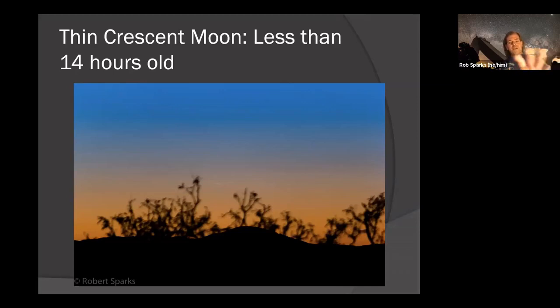There are a couple people who have done telescope and binoculars newer than this, around 11 hours, but still, I'll take this. This is definitely a challenging observation, which I was very happy to get, and quite proud of that picture. So it's a lot of fun doing. I've done a few other new moons since then. I've tried to get under 13 hours.